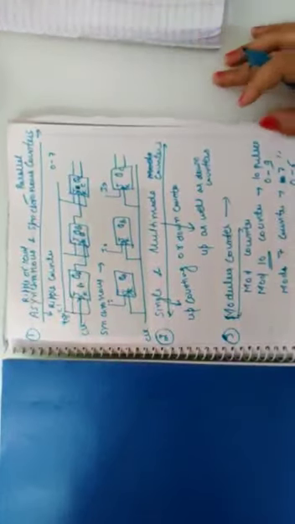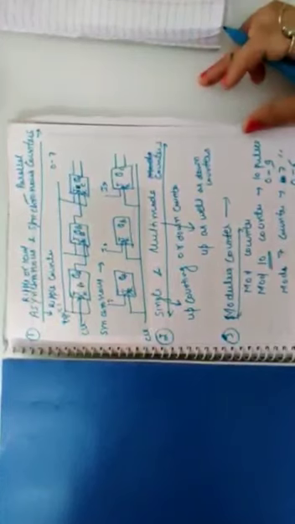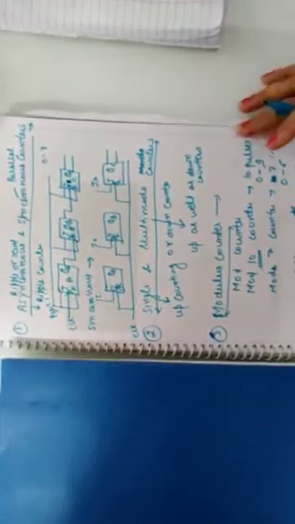If I associate a mod 7 counter, it can count only 7 pulses, from 0 to 6. So the number associated with the modulus shows how many pulses it can count. For example, mod n means up to n pulses it can count, and the states go from 0 to n minus 1. So that is the meaning of modulus of a counter.